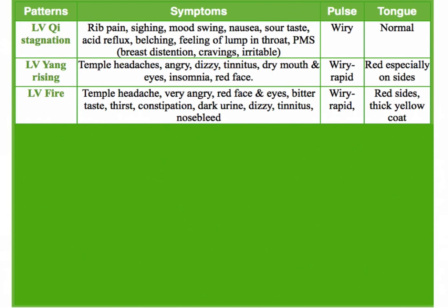Now, if someone gets really, really stressed, they have liver yang rising. So liver yang rising is this next stage of being overstressed for too long. And what liver yang rising is, it's like a volcano that's bubbling, and then explodes and then comes back down. So liver yang rising is not always there. It stems from liver qi stagnation. There's this explosion of anger. Someone lashes out, gets angry.